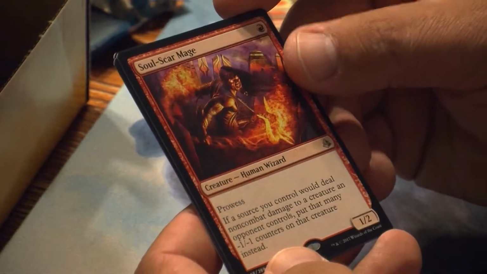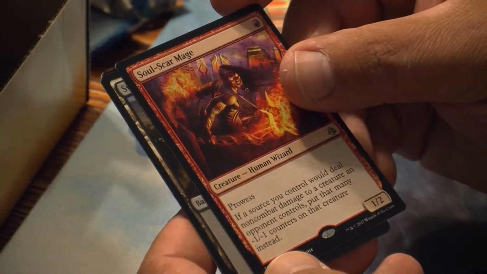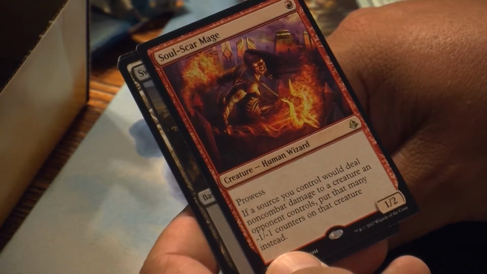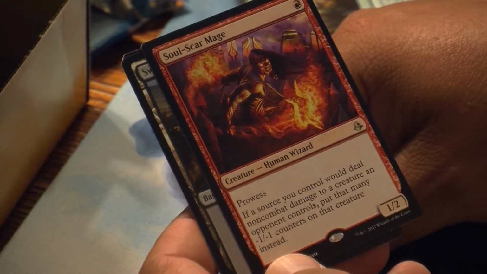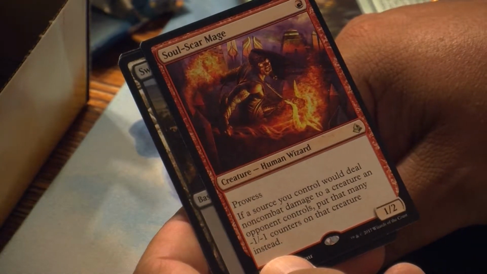Soulscar Mage has prowess. If a source you control deals damage, it's dealing with -1/-1 counters. I don't know if -1/-1 counters is ever going to be a deck. I just don't know, guys. It wants to be, I mean, it really wants to be. Maybe with this spider coming out. The problem is